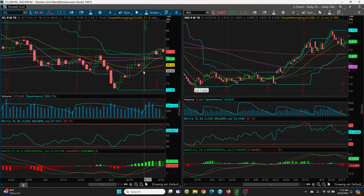Now the key is going to be this simple moving average. As long as that holds, you're in really, really good shape. So let's look at the downside first. Today's low so far is 81.07. Your next support is going to be 80.85, and then we can come over to this level. You're looking at 80.62. And then we're going to have to watch that 8-day at